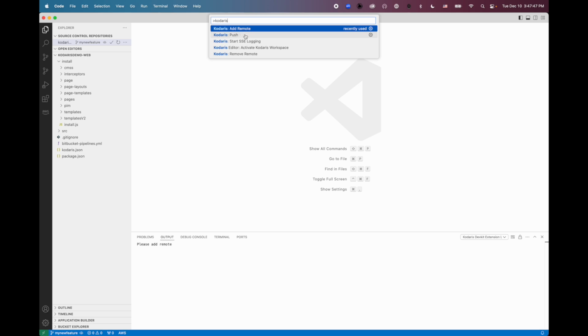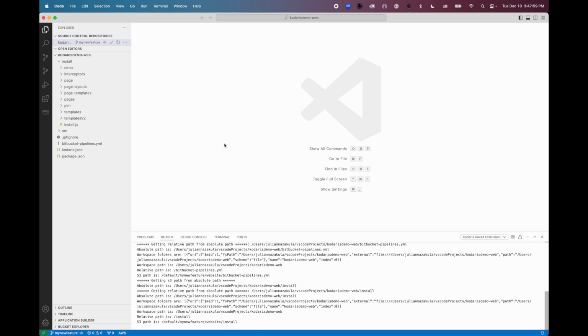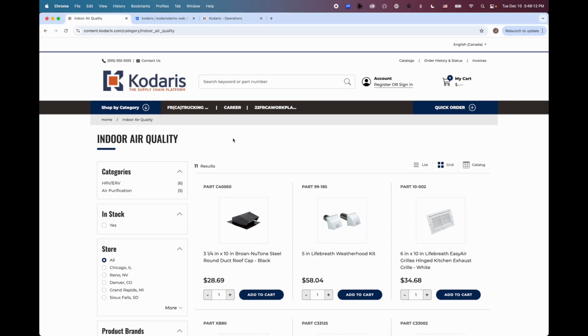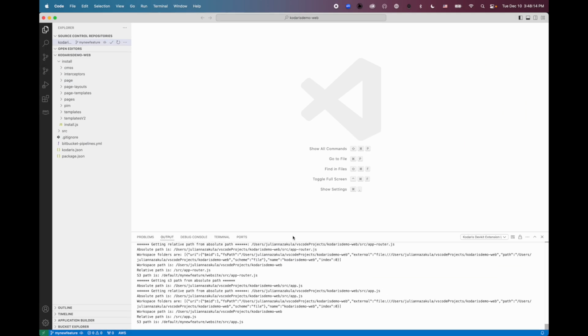And what this is going to do is push up this local Git branch that we have up into our website so that we can see our branch on the website and preview it. Once we initiate the push, you can see that it's pushing up a copy of all these website files into a new separate branch on the website so that we can use that branch to develop. It'll take a few seconds here.